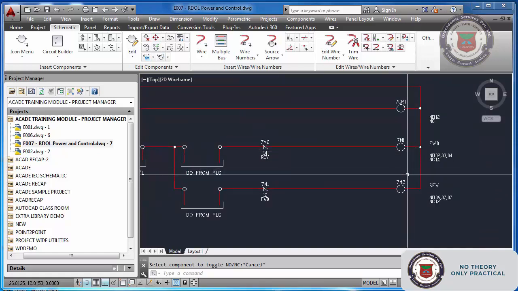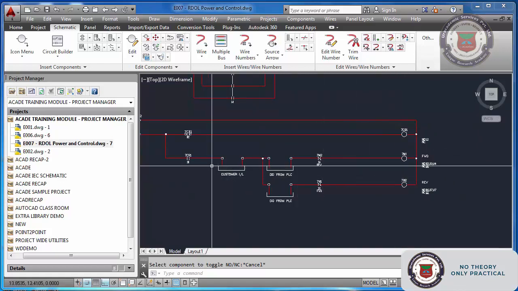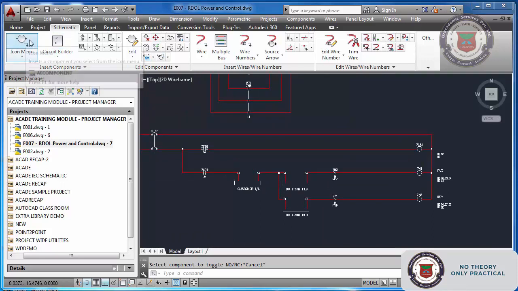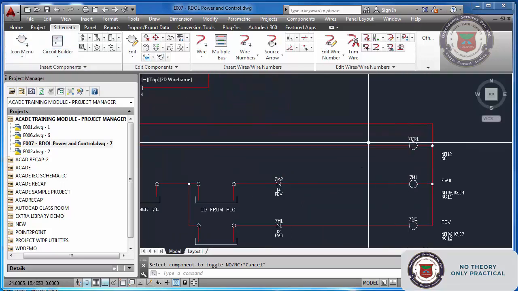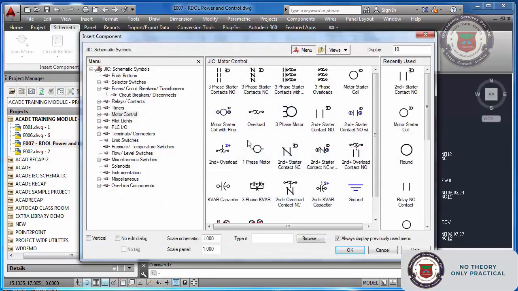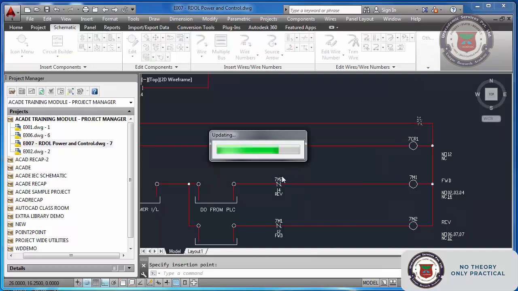And in fact I have used an overload relay. Overload relay also you can put in a circuit. What I will do is put the overload: icon menu, overload, NC. I will put it in here, overload.